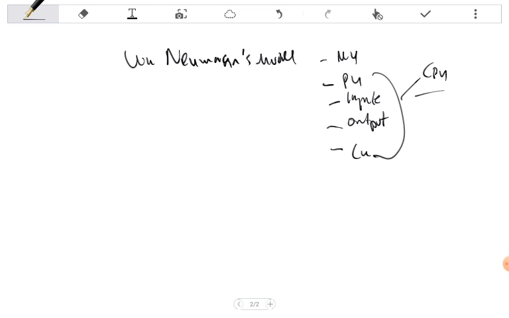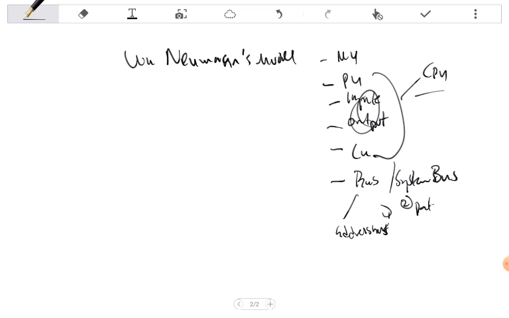Okay, so now when we talk about number five, which I mentioned the previous time, because I combined these two together, which is the bus. When you take a look at the system bus, for instance, there are 3 system buses majorly. So you have the address bus, number one. Number two, you have the data bus, and number three, you have the control bus. These 3 buses are essential to system buses.